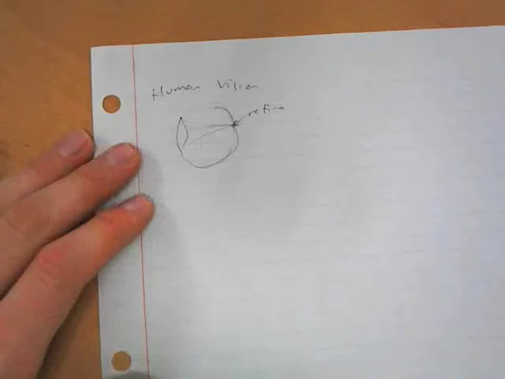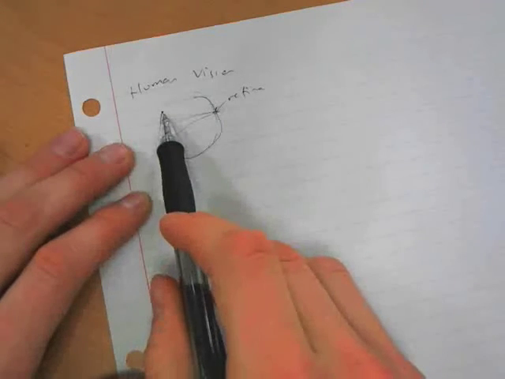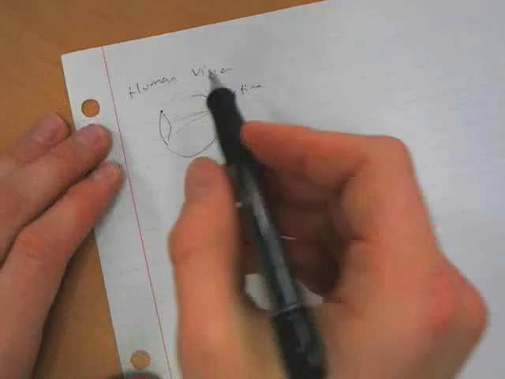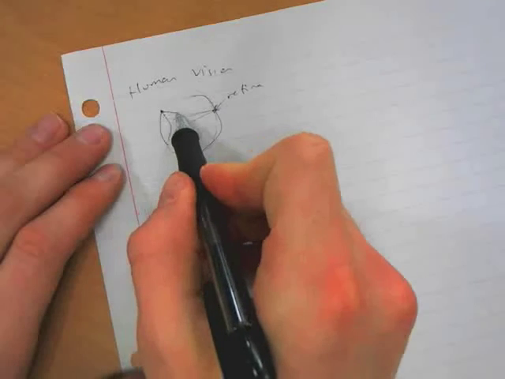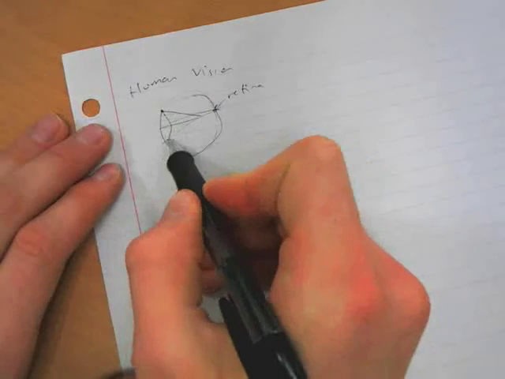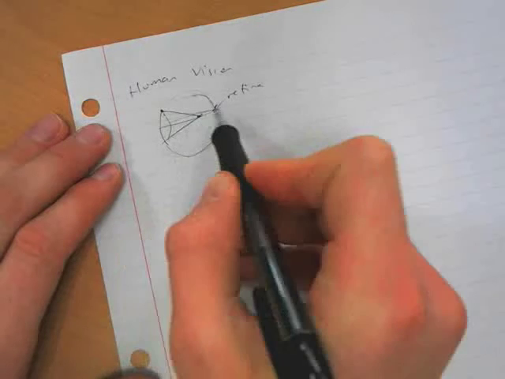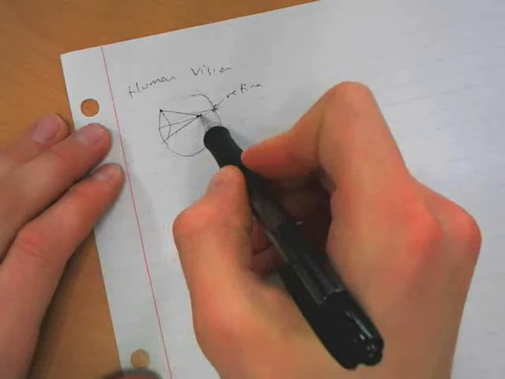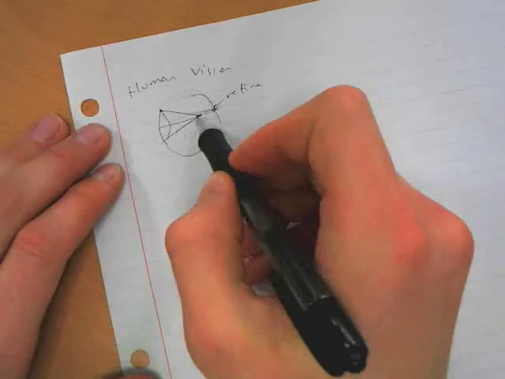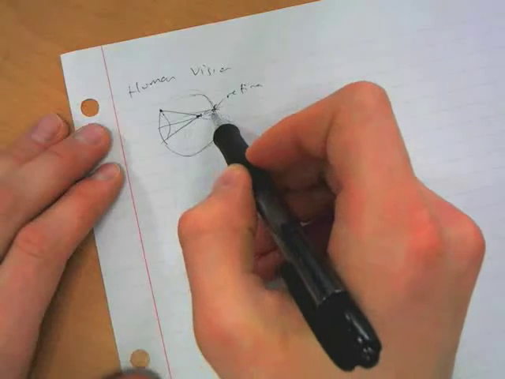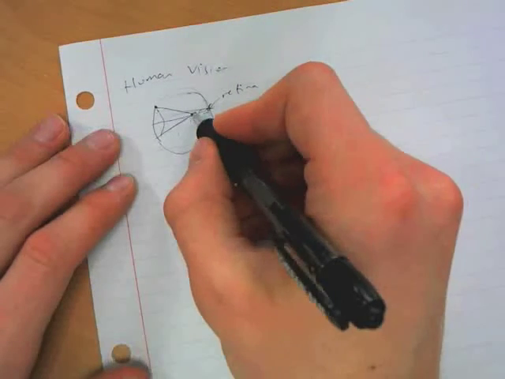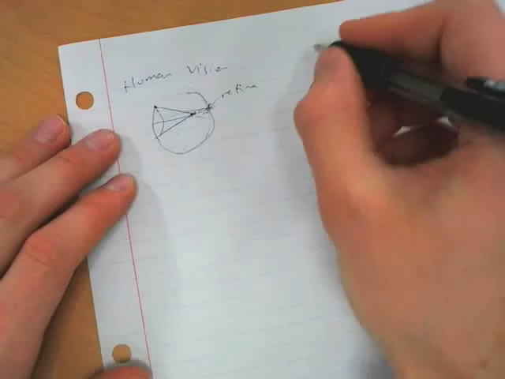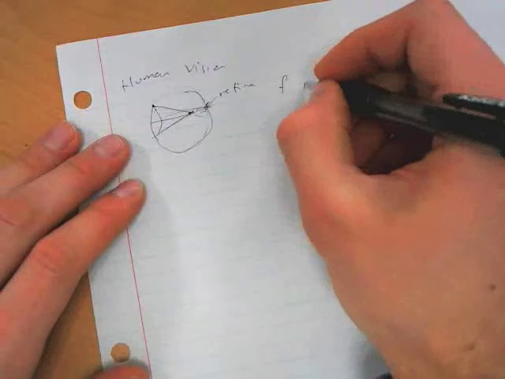However, if there's something wrong with your lens, sometimes people have images that don't form on the retina. They converge in front of the retina, so the focal length of this lens is too short, and by the time the light gets to the retina, you've got a blurry image. Okay, if light focuses in front of the retina like this, if your focal length is too small,